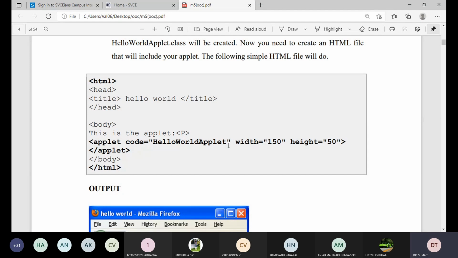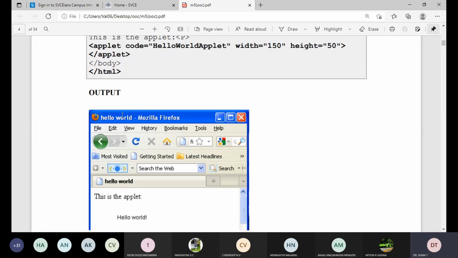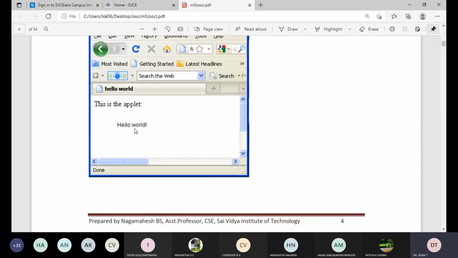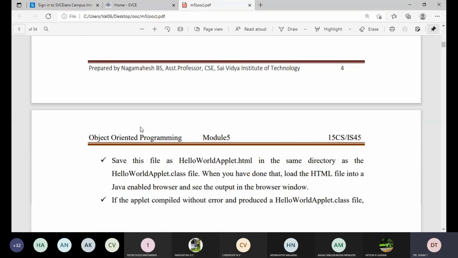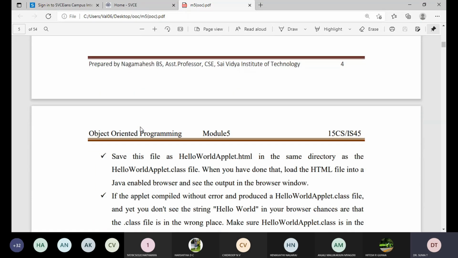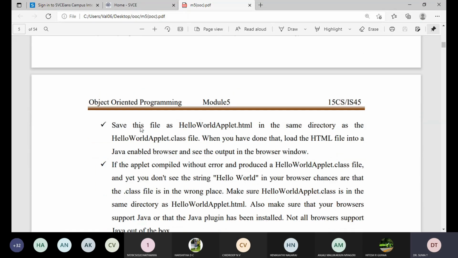Now when you execute this, the applet Hello World will come like this. Save this file as HelloWorldApplet.html in the same directory as the HelloWorldApplet.class file.